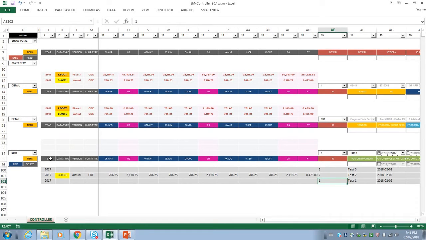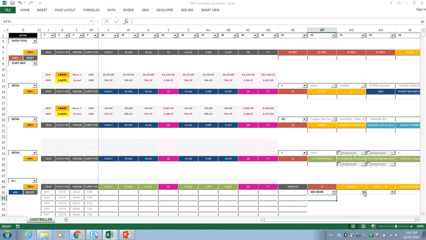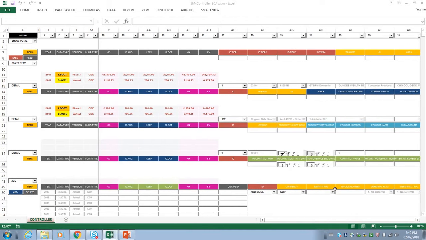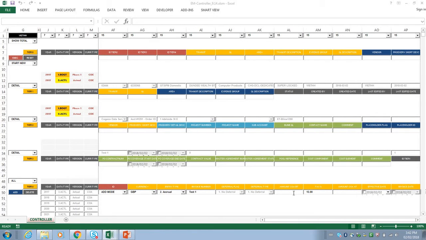So let's add another invoice into item number 1, which is PO test 1. So let's add another one. In this case, I would like to choose the currency as GBP, and then the entry type is accrual. Accrual means that you have booked the amount in the selected month, and then it will reverse out in the next month. Here I choose the effective date as January,